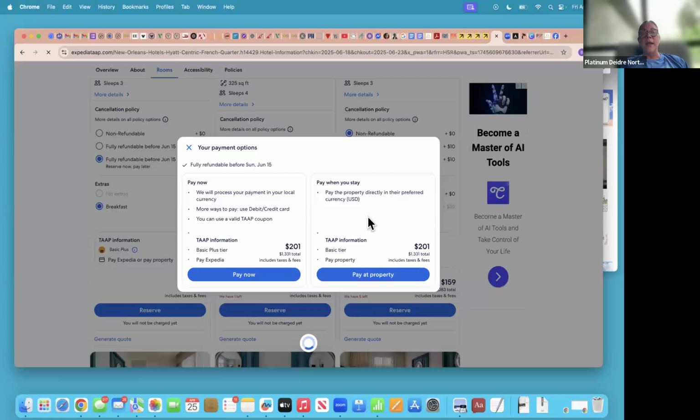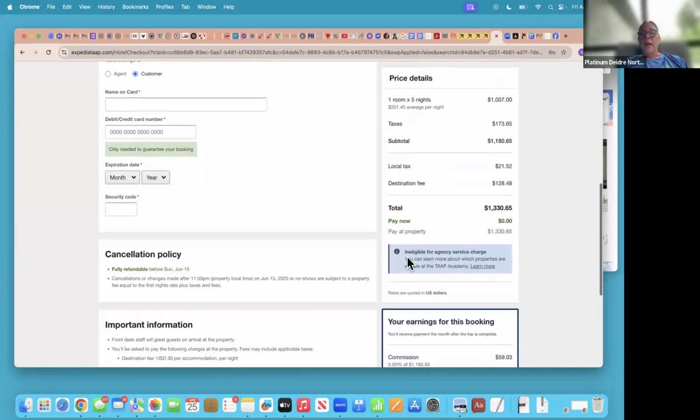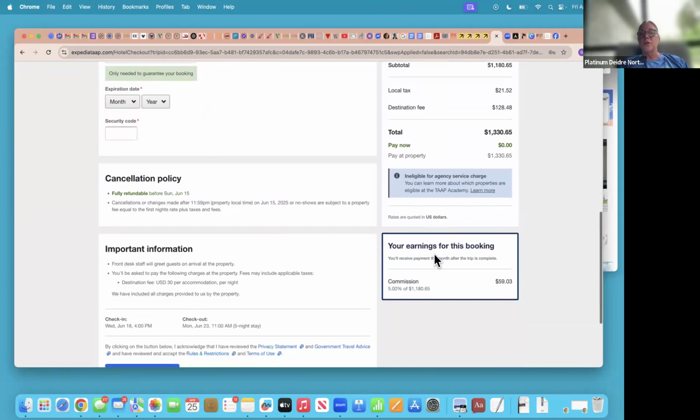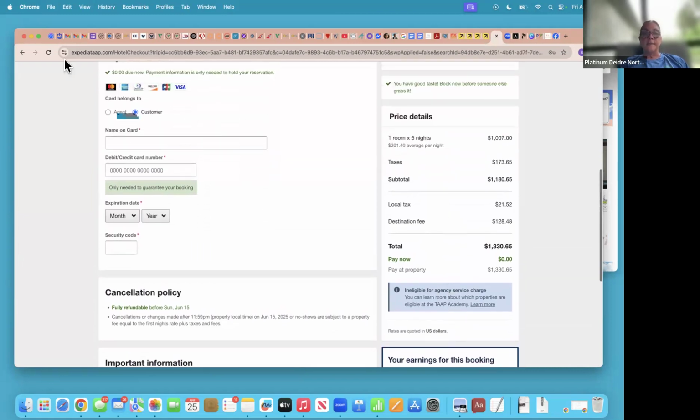We know this property already allows us to add that service fee. When you do pay at the property, that option to add that service fee or the extra commission is gone. And look at the difference. You'd only earn $59 commission on this room versus